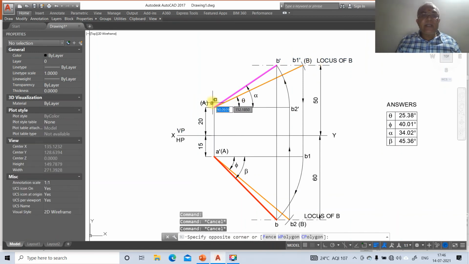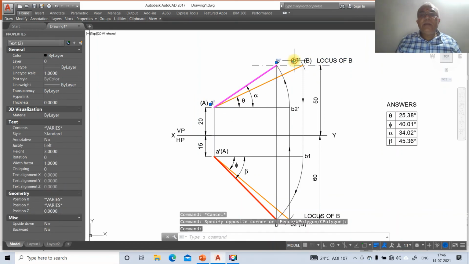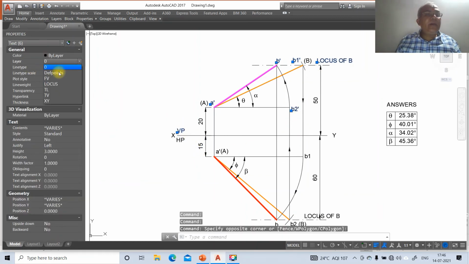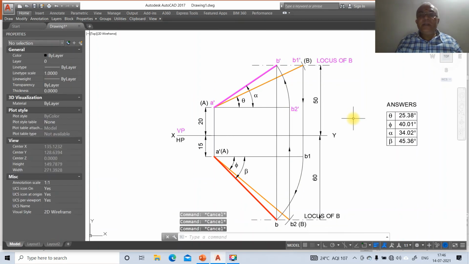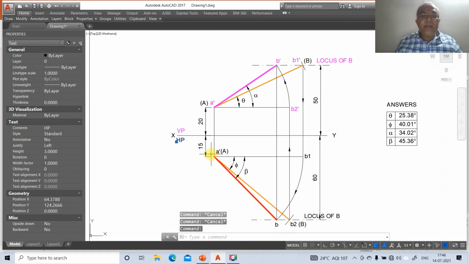First you take A dash, B dash, B1 dash, locus of B, B2 dash, and VP, and go to layer. You make that as front view. Then similarly, HP, A dash, B1. You take B2, you take B, you take locus of B, and then go to layer. Make that as top view.